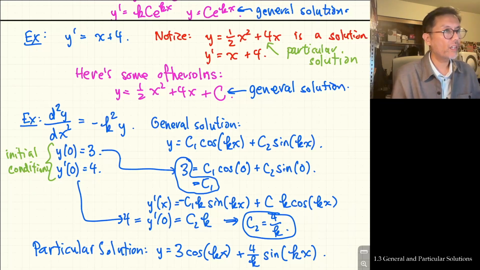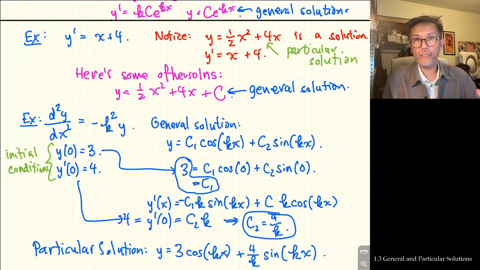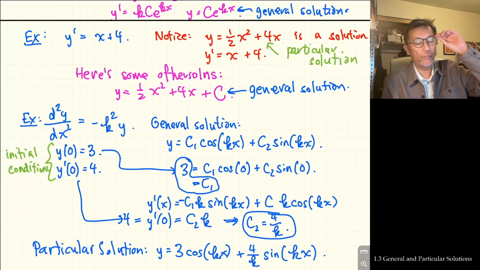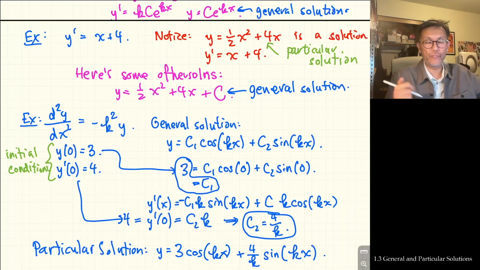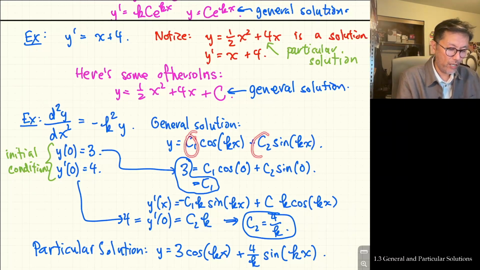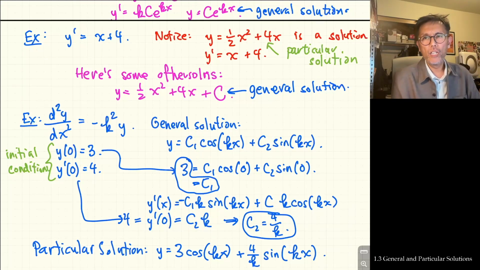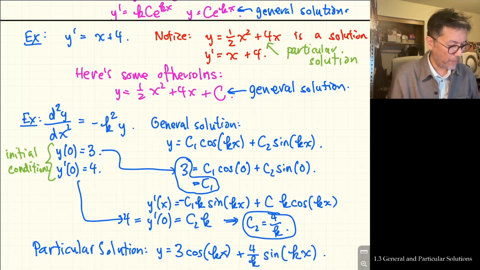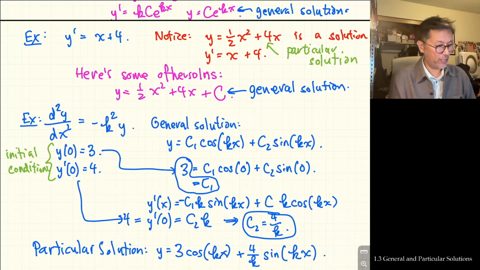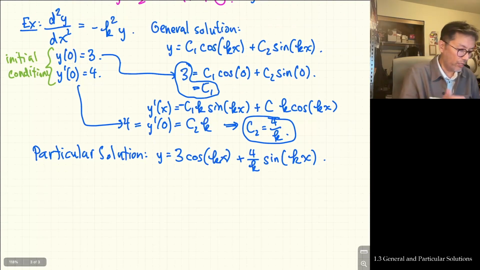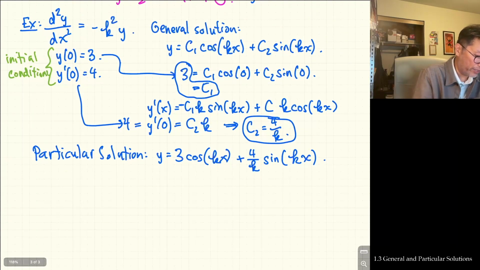okay? It's generally going to be the case that the order of the differential equation, the number of derivatives that are involved in the differential equation, will correspond to the number of parameters. Okay. Let me just say one more point, and then close this video. Sometimes you're given not initial conditions, but what are called boundary conditions. So let me give you an example of a boundary condition. So let's say that we have the same differential equation,